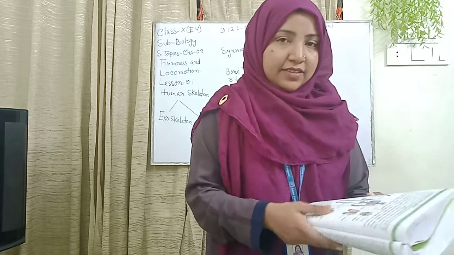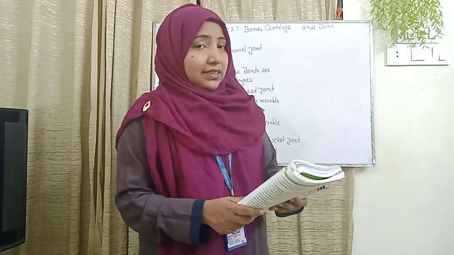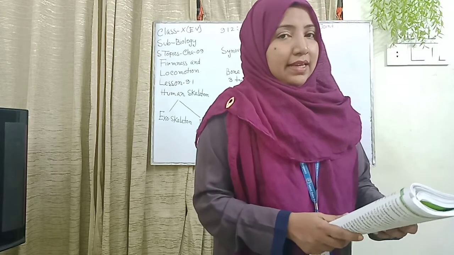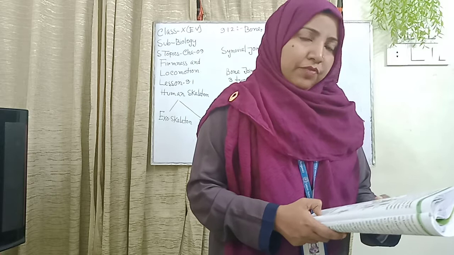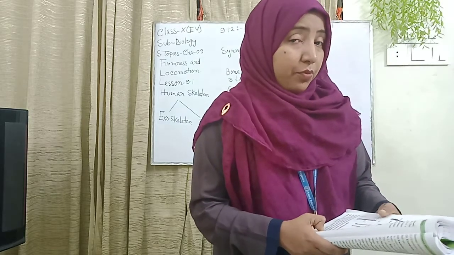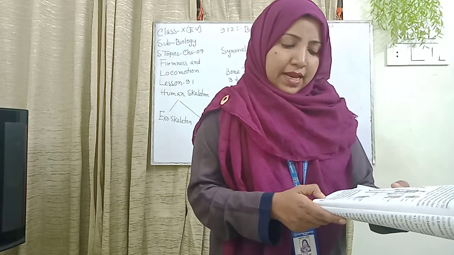Again, underline this. There are basically three types of muscles: first is the involuntary muscles, second is the voluntary muscles, and third is the cardiac muscles. But in locomotion, the voluntary muscles are very important, as they help the movements